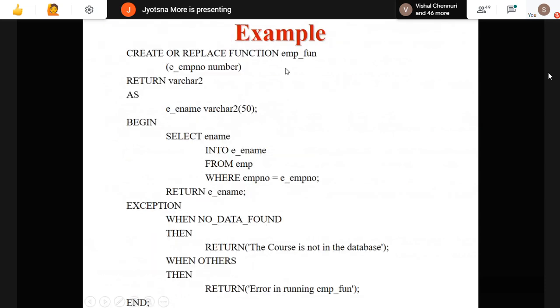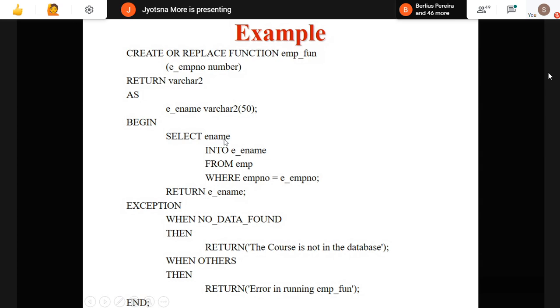So this is an example of a function. We have create or replace function. Again, here replace is optional; if you don't want it, you can leave it out. Then the name of the function, employee function, and the parameter, which I have written as employee number. Then return, with only the data type: my return value will be of type varchar or varchar2. Then as or is, e_name varchar 250. This is one variable I am declaring. Begin and end; in between, the exception part is optional. That is up to you.